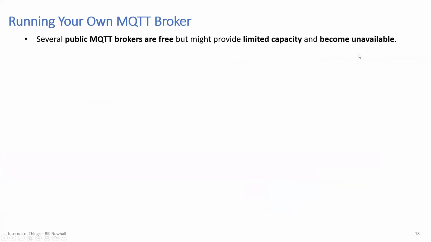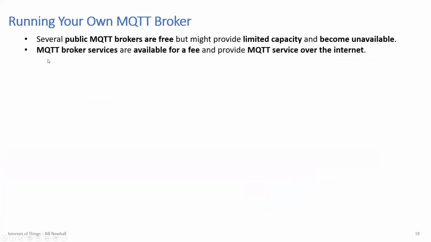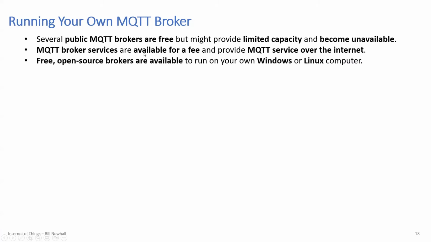They just go offline. But there are MQTT broker services available for a fee. So if you're running a business, you can subscribe and have a guaranteed service from a service provider over the internet. But there are also, if you want to run your own hardware and your own software, free open source